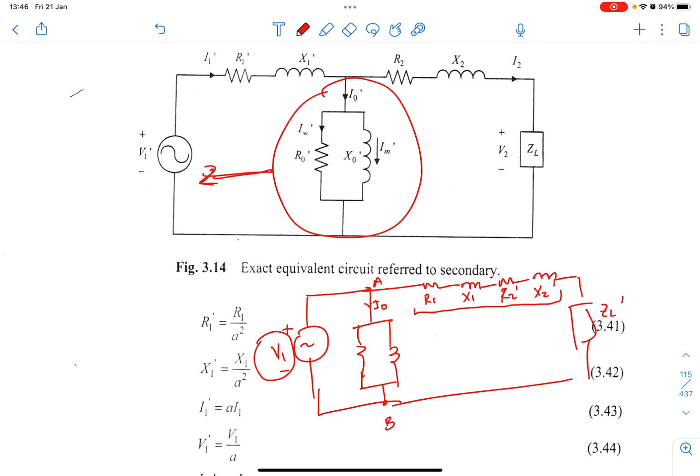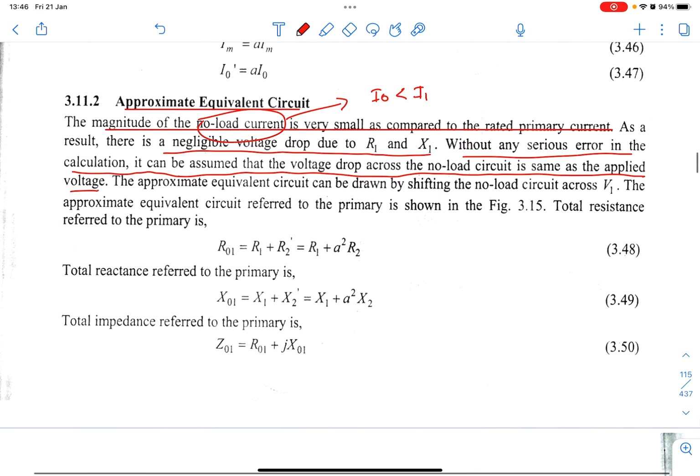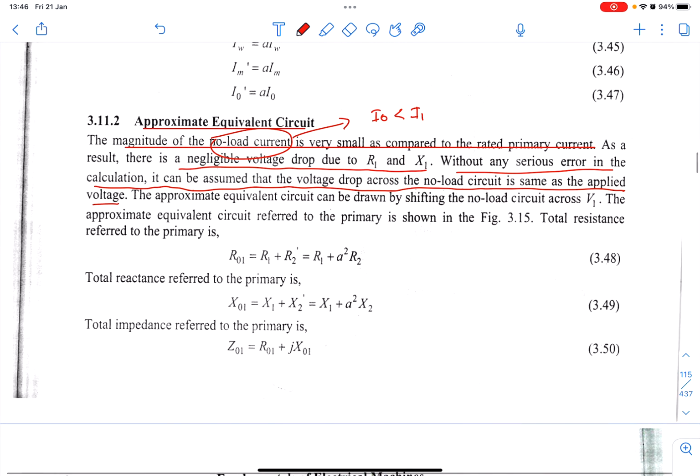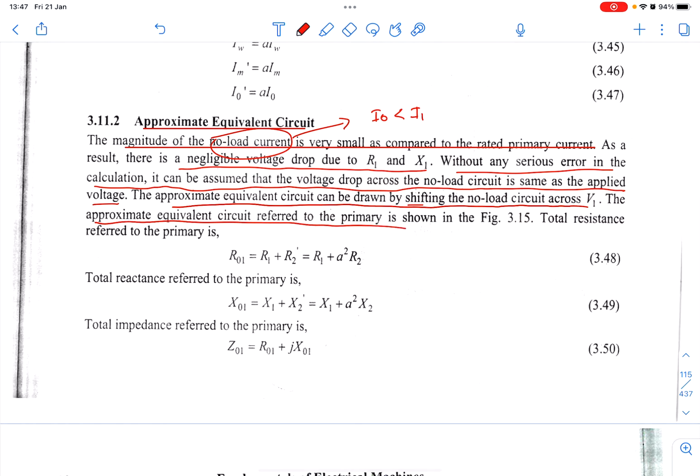So it becomes in series since the current going to the R0 and X0 is very small, so it is like there is no voltage drop across it. So that's why they come to the conclusion that the approximate equivalent circuit can be drawn by shifting the no-load circuit across V1. By shifting, as I mentioned, the approximate equivalent circuit referred to the primary is shown in